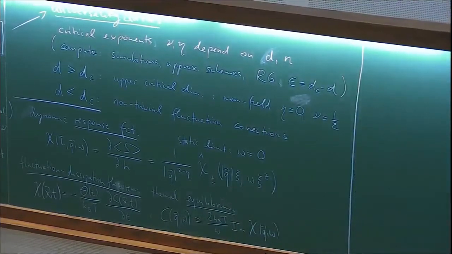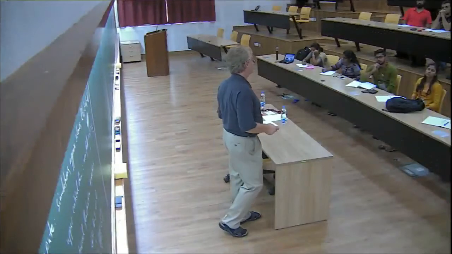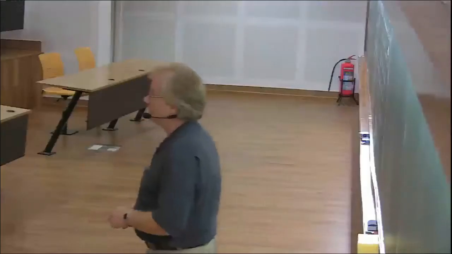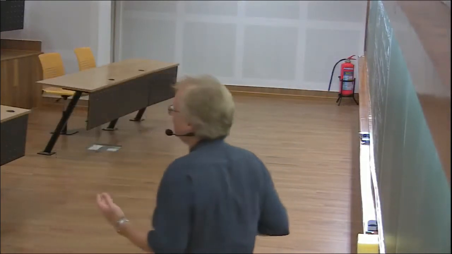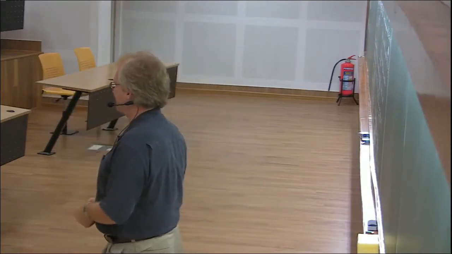If I'm away from thermal equilibrium, this does not hold. That's a signature of thermal equilibrium, a very strong statement. Out of thermal equilibrium, response and correlation functions are fundamentally independent objects. Okay? All right, so this would be the general setting. With this, I'd like to start and actually give you some explicit models to play with, so maybe all this makes a little more sense, and of course we're going to treat them very approximately.